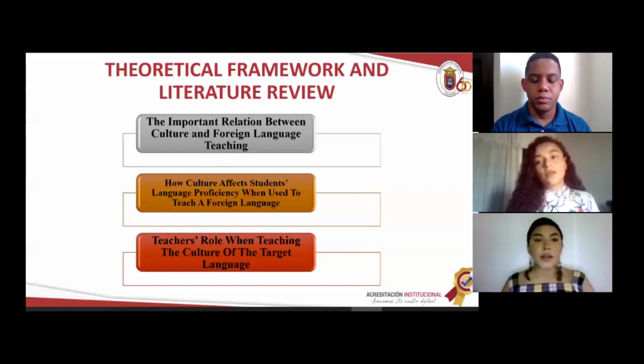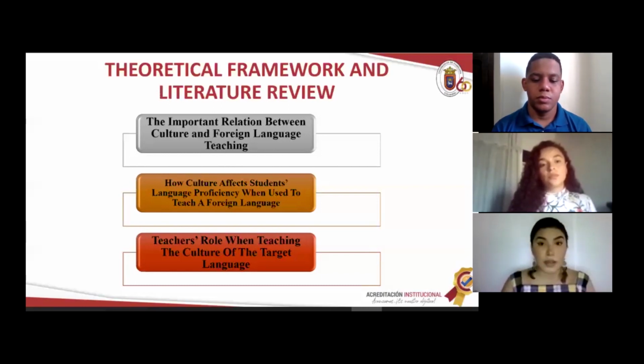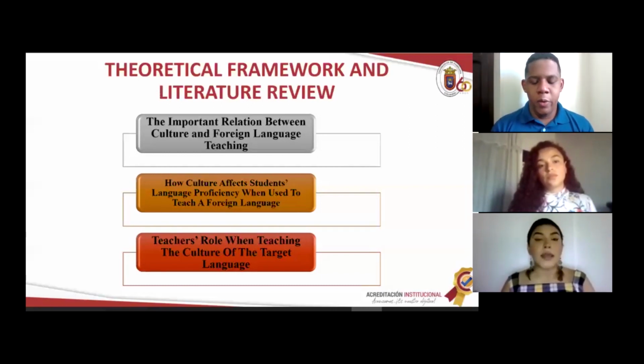The last category or variable is called teacher's role when teaching the culture of the target language. Here we were able to find several authors who stated that teachers in different classrooms in different parts of the world still ignore the importance of teaching culture as part of a language. This happens sometimes due to the teacher's lack of familiarity concerning the culture, and this lack of cultural familiarity might